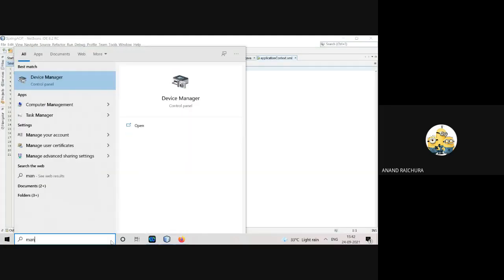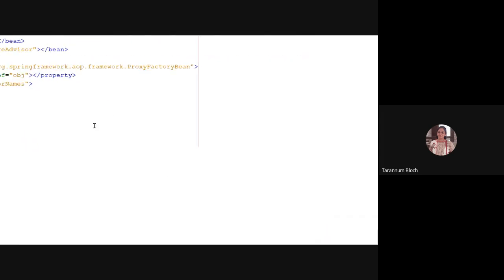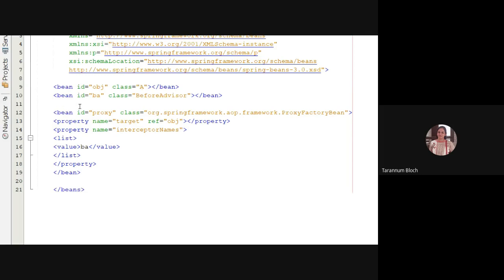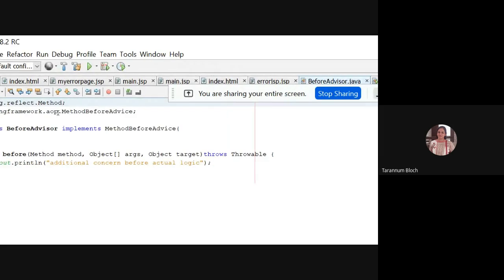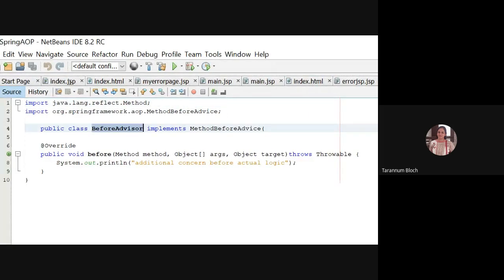Okay. So I'm talking about AspectJ. So I said BeforeAdvisor is my class, right, which I have implemented using the MethodBeforeAdvice interface, right? BeforeAdvisor has the built-in method before, which we have overridden, and we have given a simple message. Now, I have given a bean name to that.